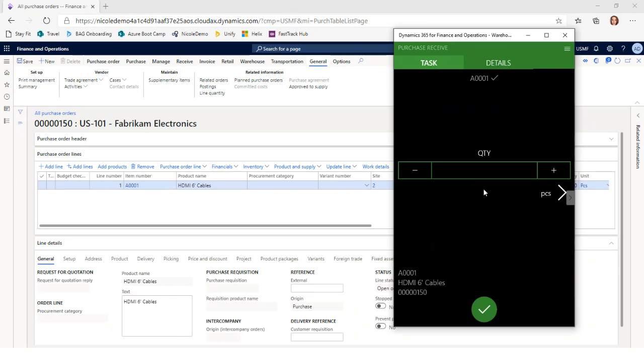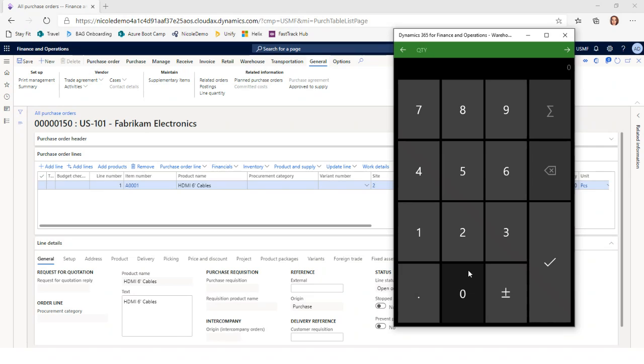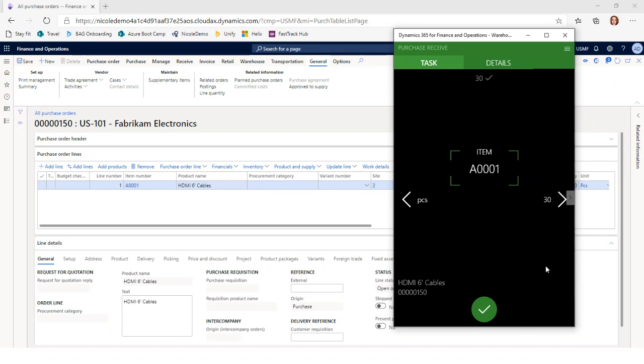And then it's going to ask me what quantity am I receiving. I've already done some receiving against this PO. I'm not going to do the full quantity. I'm only going to bring in, let's say, 30 pieces from this PO. And then this is going to give me an option to verify my item, my quantity, and the unit of